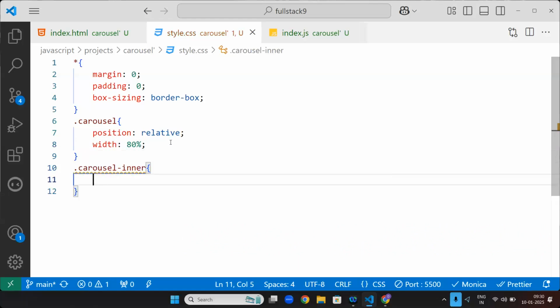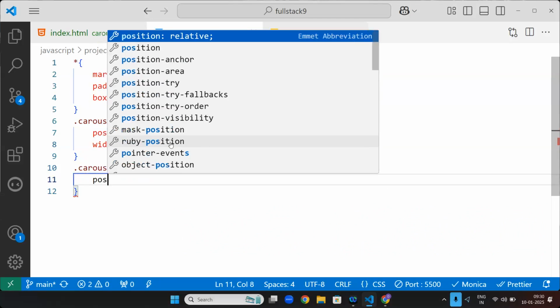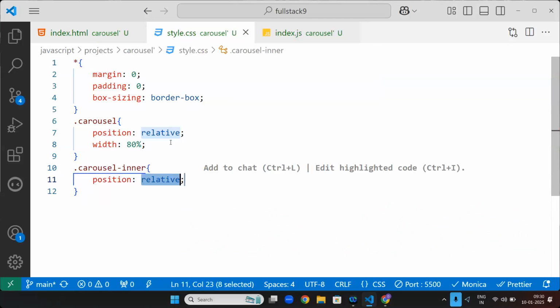Now inner elements: each element is position relative. The people who don't know what position relative means: it goes from its previous position. Position absolute will always go for the body. Okay. Now in this relative one, I will say